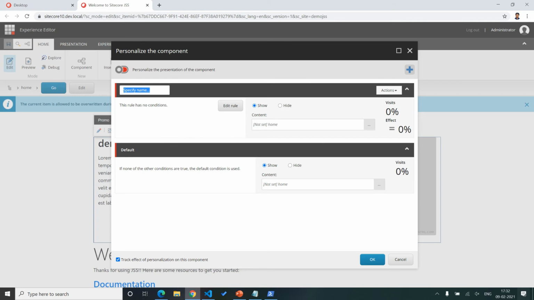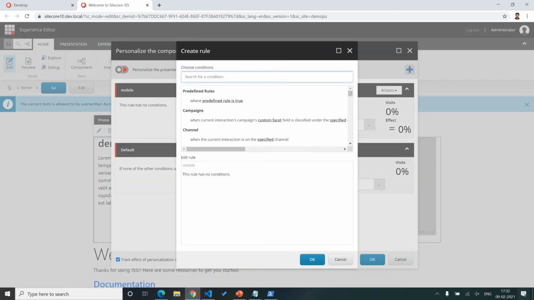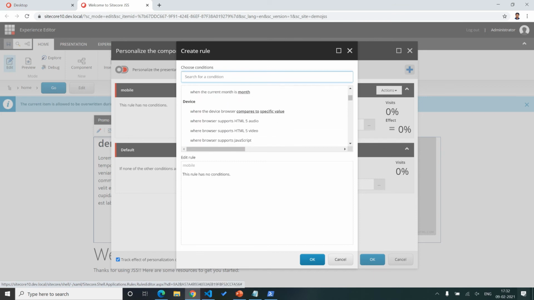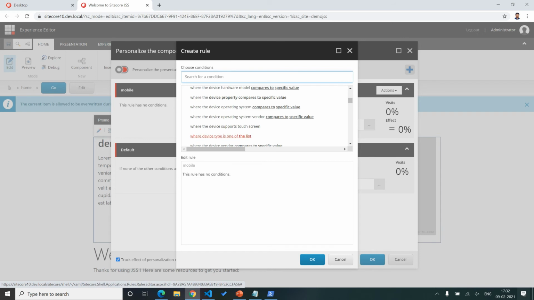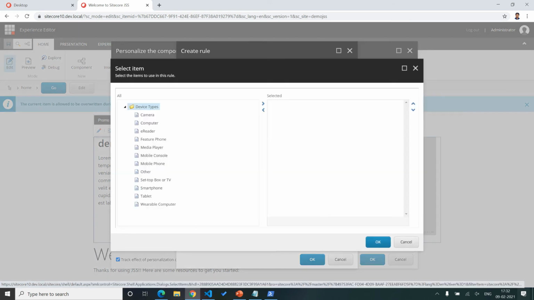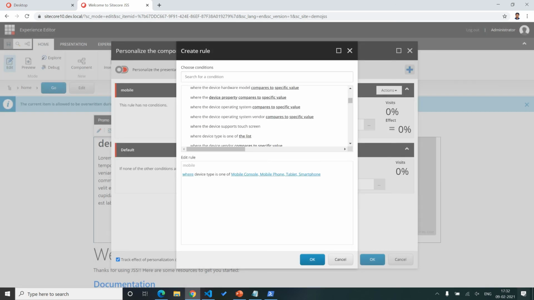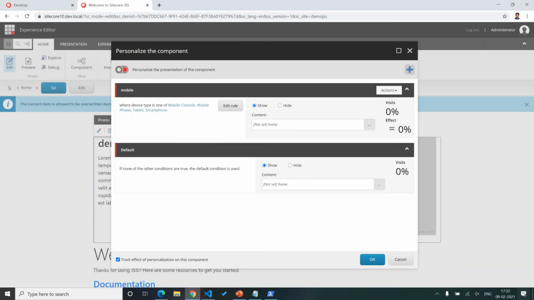Give any name, and edit the rule and search for device. I am going to apply personalization on a device basis so that when our browser is in mobile mode, it automatically changes our data source. Let me add mobile, tablet, console, all the things, and click OK.